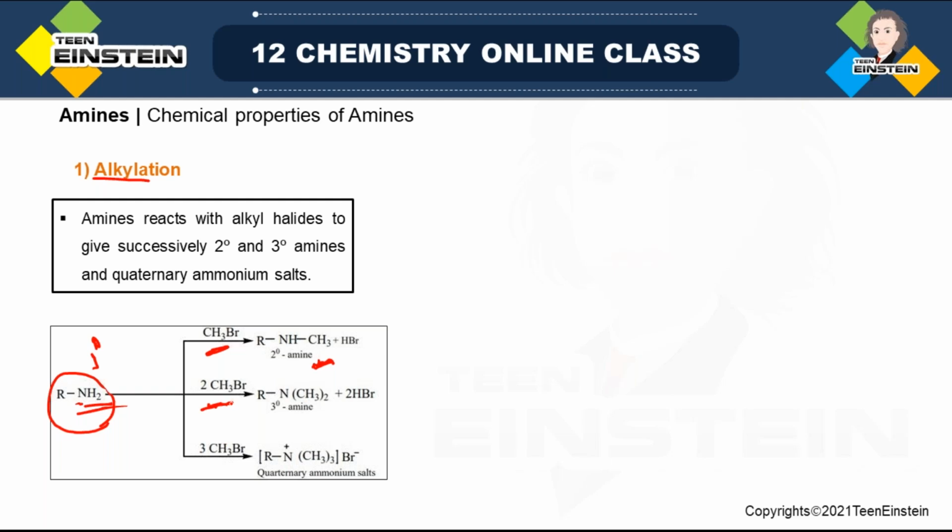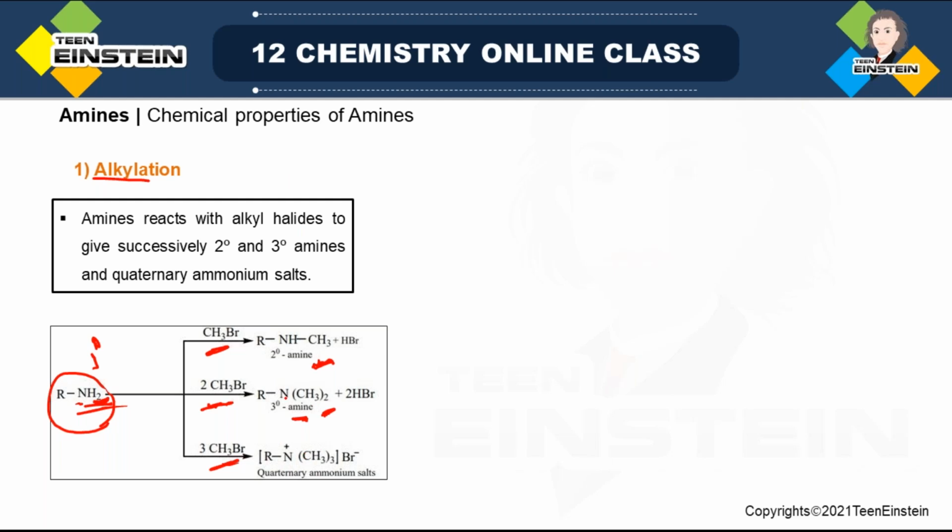If we take 2 moles of methyl bromide for 1 mole of RNH2, now it will be converted to a 3-degree amine because now we have replaced both the hydrogens with methyl groups. Similarly, if we take 3 moles of methyl bromide per mole of RNH2, there will be formation of quaternary ammonium salt, because with 2 methyl groups you can maximum replace 2 hydrogen, and then it will be